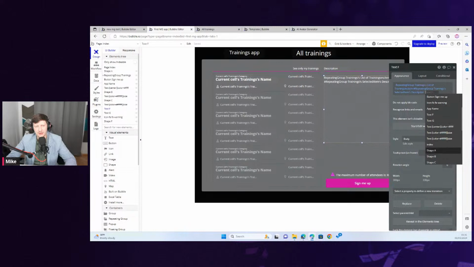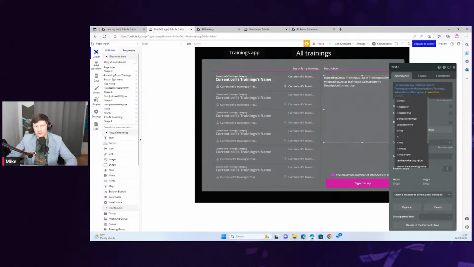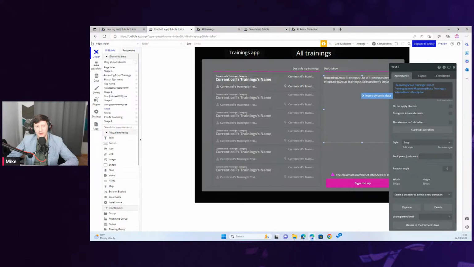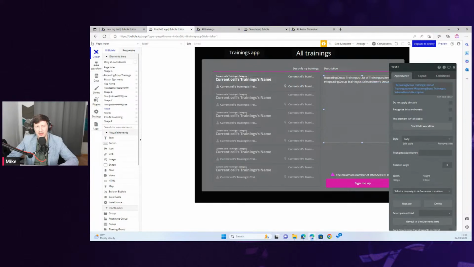Some of them are referring to controls, to the elements on the elements tree. Some of them are general, and just by selecting them, you can, for instance, take the current user's email and do some check or whatever, right? And the cool thing is, whatever I put here, I can copy and paste in other controls, to just duplicate the behavior.